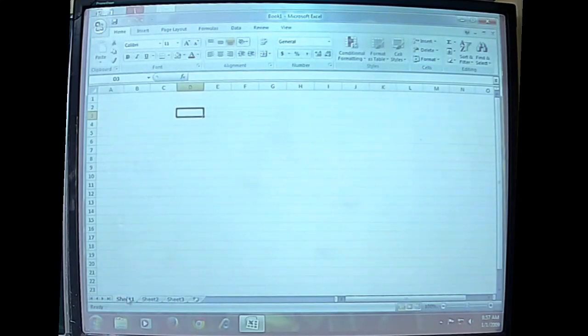At the bottom you can see the various sheet tabs: Sheet 1, Sheet 2 and Sheet 3. Normally 3 worksheets are given by default, and it is possible to add or delete any number of sheets as per our requirements. It is also possible to rename any sheet for our purpose.